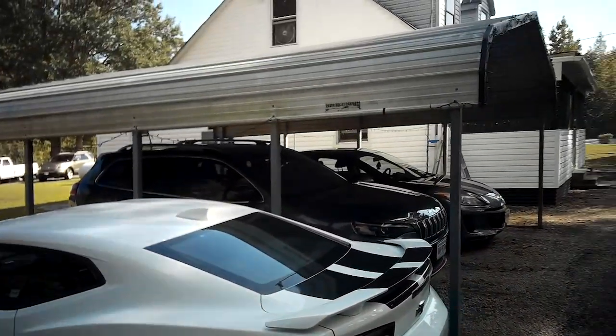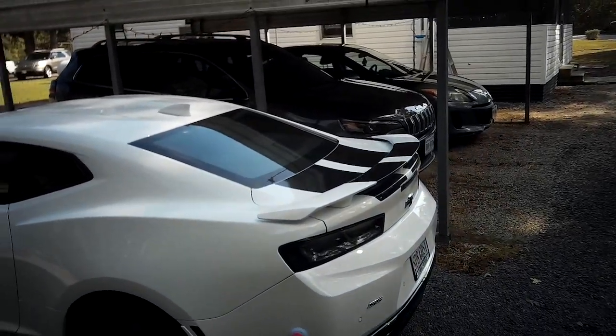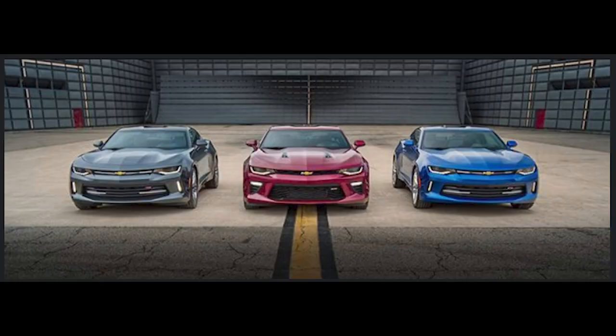Anyway, today I'm just talking about no lift shift. So in my 2017 Camaro 2SS, I have a feature called no lift shift, and basically all 6 gens. Well, I'm not going to say all 6 gens. Most of the 6 gens from